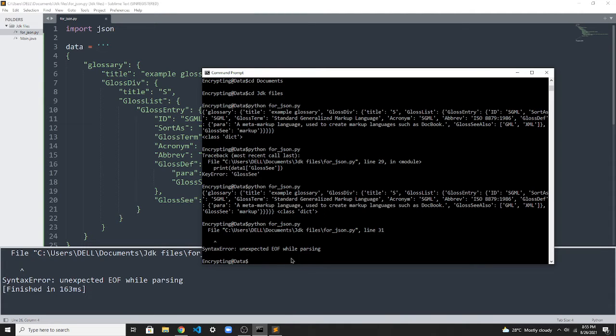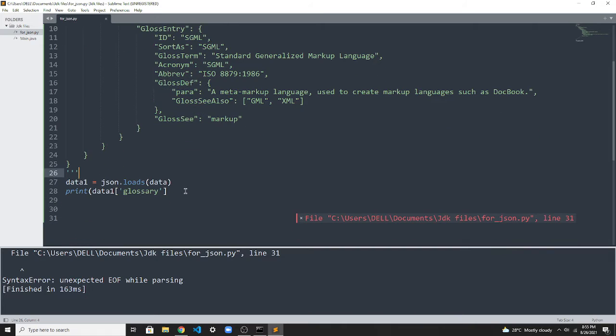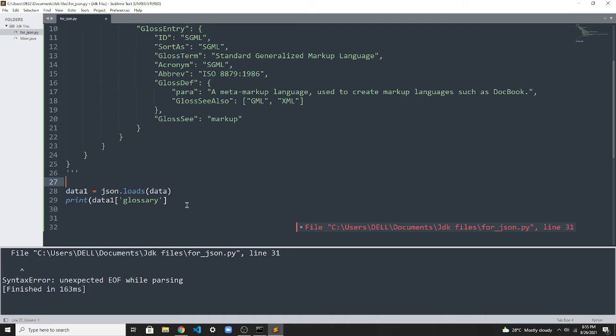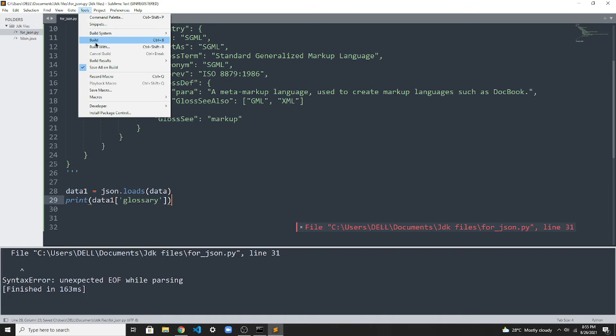It is showing some error, line 31. What's the error? I don't get it. Basically data1, and oh sorry, I haven't put the bracket close, it was a silly mistake by me.